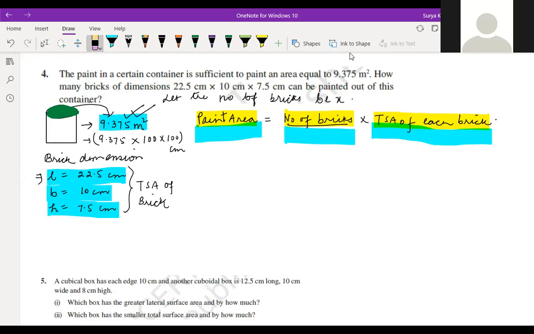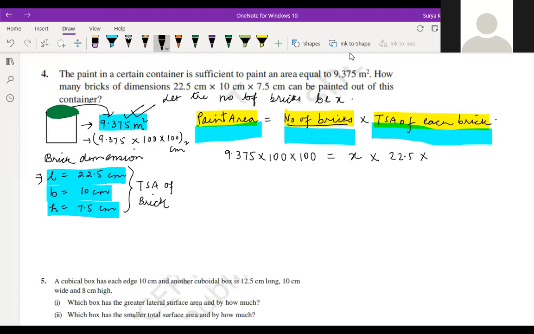Don't apply the meter to centimeter formula directly. You should multiply 2 times because centimeter square is there, no? So meter square will convert into centimeter square. Is it clear? Yeah. Now we can write the paint area as 9.375 multiply by 100 into 100 is equal to x into